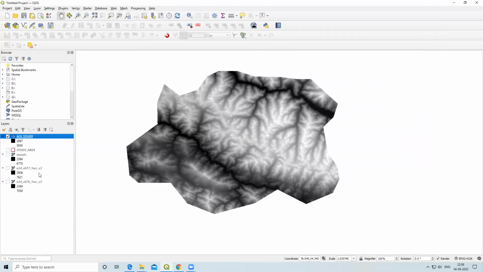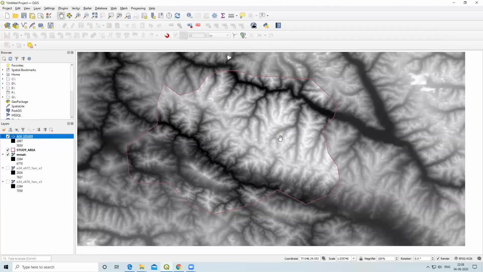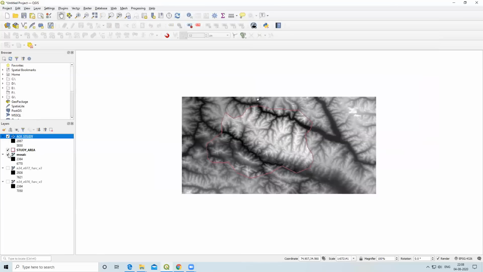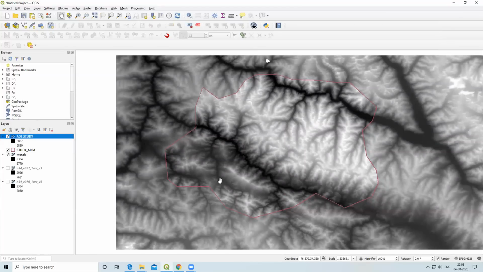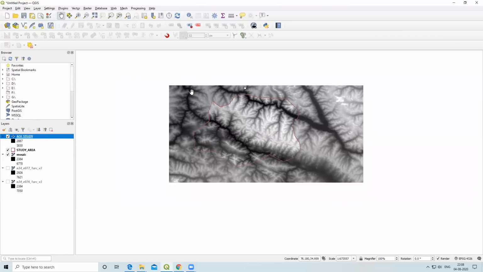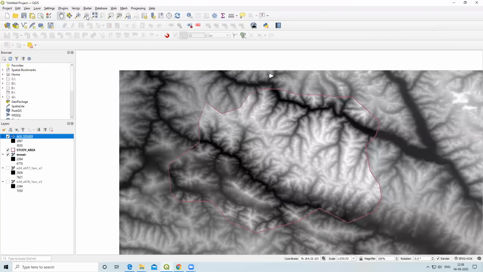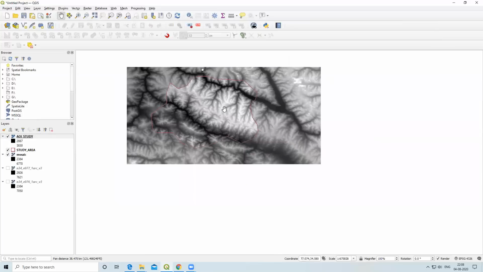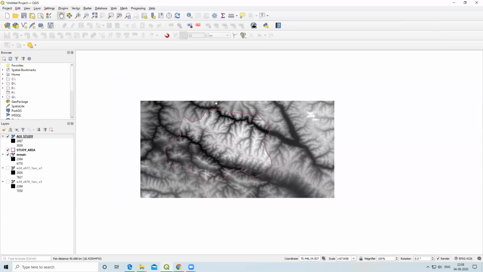It's very simple to crop the area from this raster layer. You can download a number of layers, and after that you can crop the study area. Whether your area is big or small, you can mosaic it and you can crop your study area. So for the further study, what we'll do, we'll take a single image only and we'll practice on it. We'll create slope map, aspect map, contour map and hillshade map.